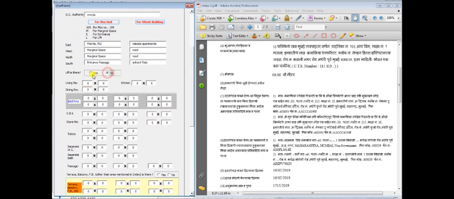Now enter the measurements taken on site like this. Keep on entering the measurements taken on site like this, this, and so on.